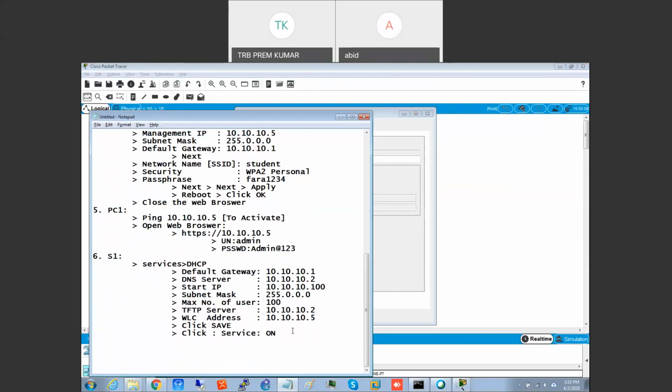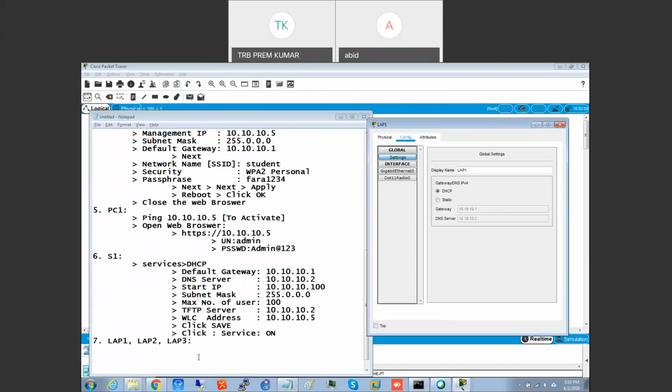So step number 7: go to lab 1, lab 2, and lab 3. What we are going to do here is release and renew.